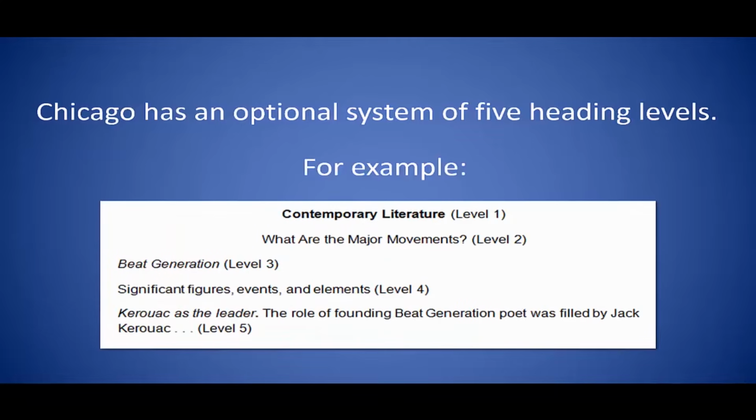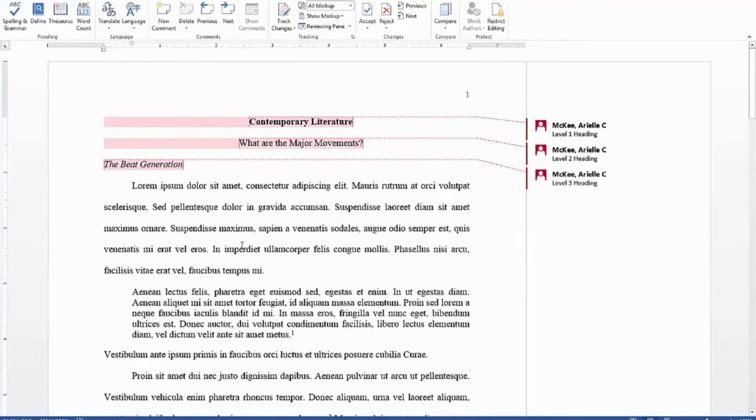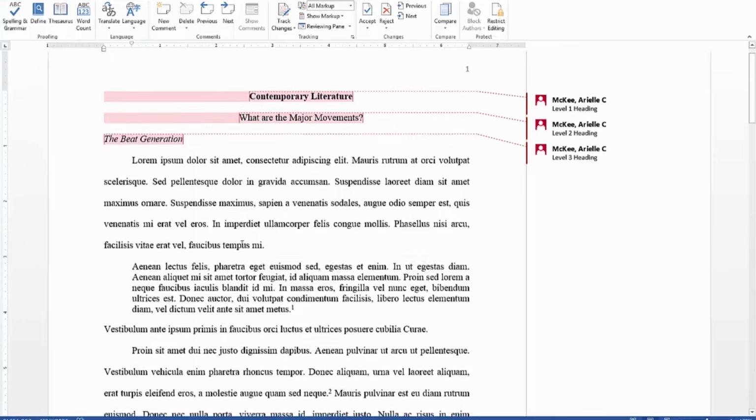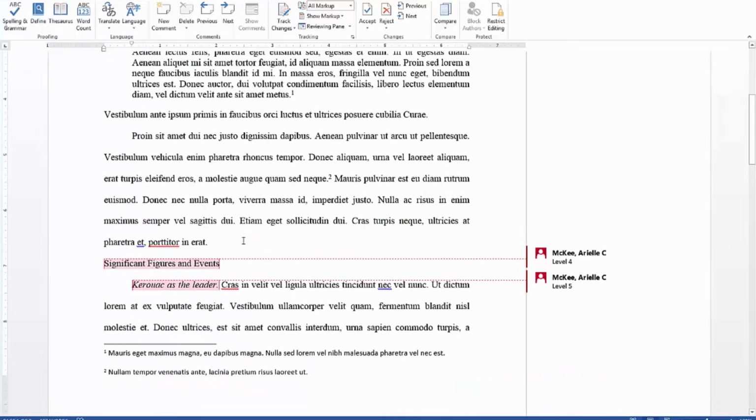Level 2 headings change to a regular typeface, and at Level 3, your heading should be flush left and in bold or italics. Level 4 headings have a regular typeface and change to sentence-style capitalization. Finally, at Level 5, your text in bold or italics runs into the beginning of a paragraph and is followed